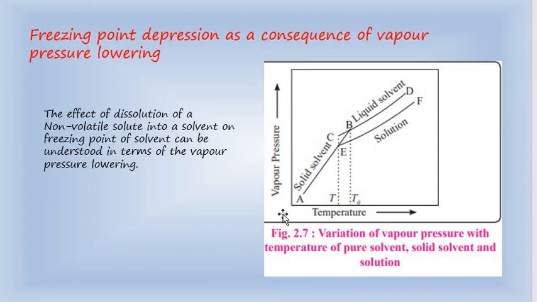and this is the curve which shows us freezing point depression as the consequence of vapor pressure lowering. Now let's suppose this is the solid solvent and it is showing the vapor and temperature curve. It is solid solvent. This is liquid solvent, and after dissolving some solute into it, we are getting this curve which is of solution and having lower freezing point. On putting perpendicular on the temperature line, we will be getting the solution's freezing point is lower than that of the pure solvent freezing point.